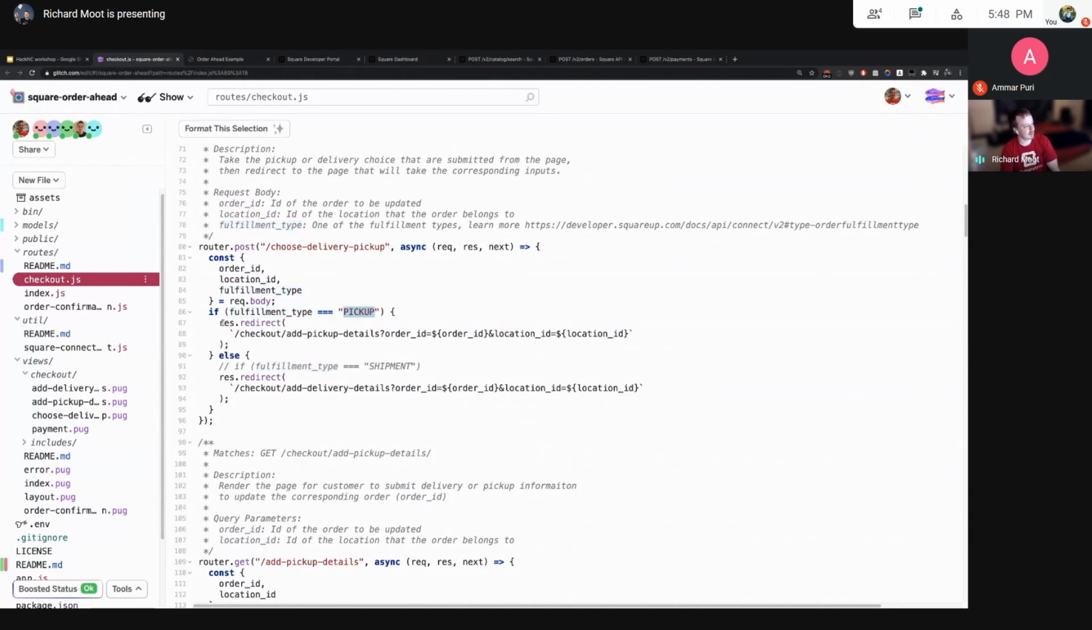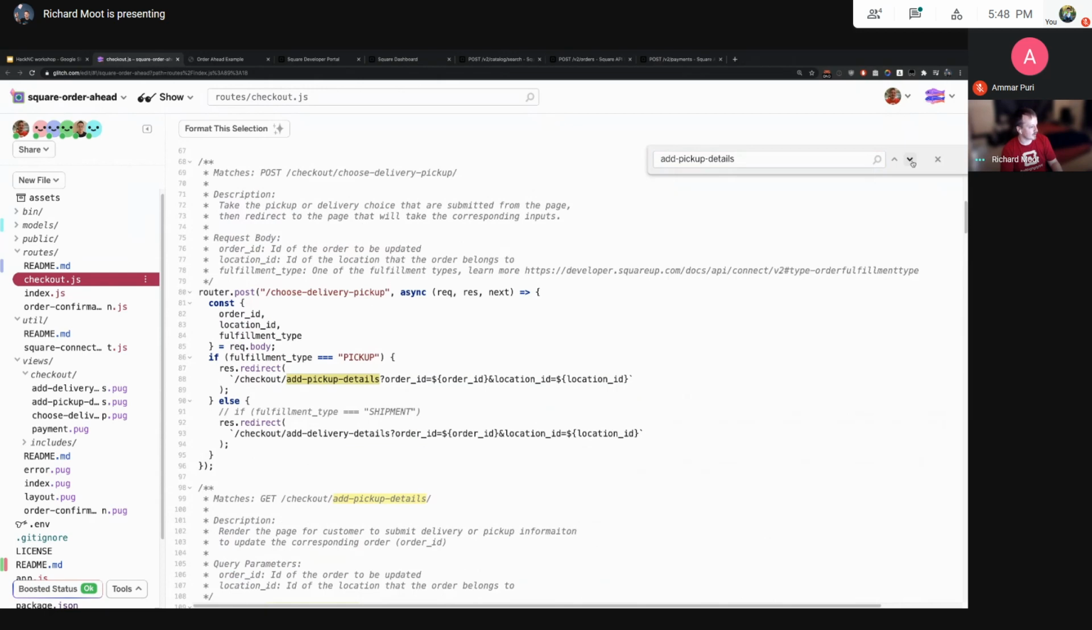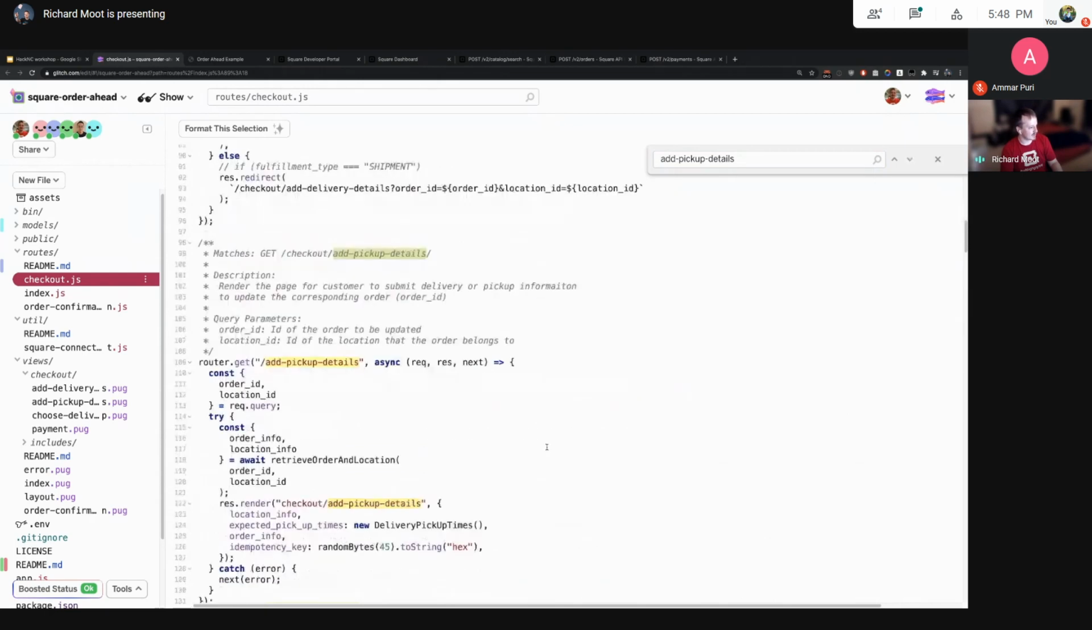Then it's going to redirect over to this add pickup details route, injecting all of that data into the route URL so it can be picked up by it. So let's go find out where the add pickup details route is. If we look in add pickup details,